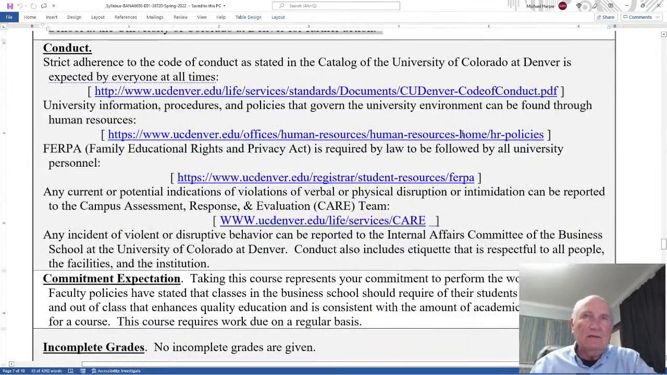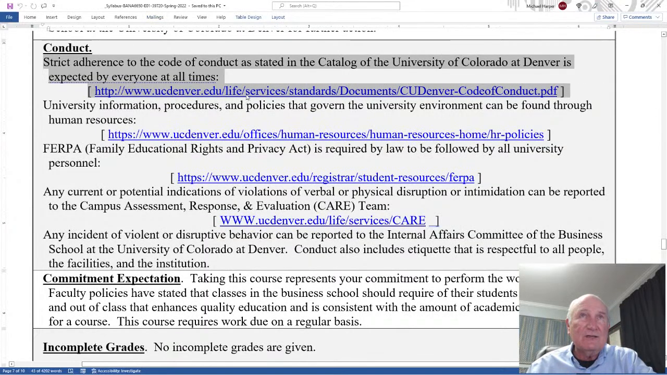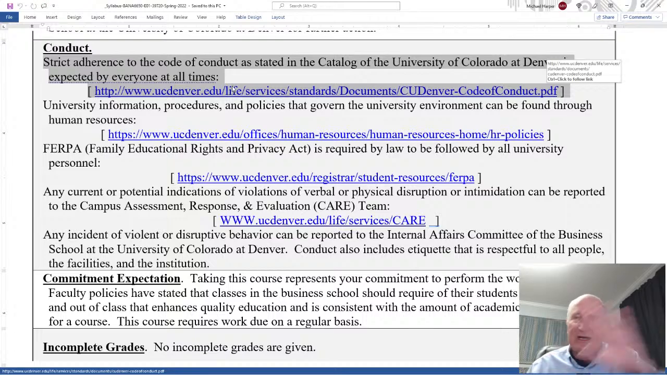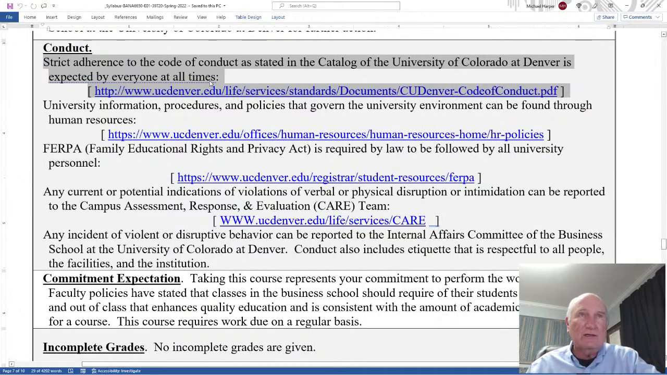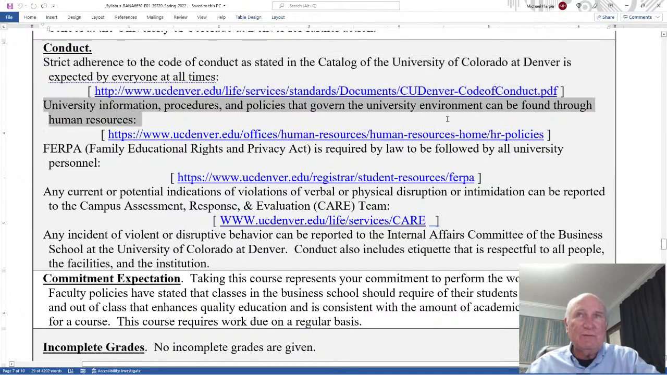Conduct. This is important because it's strict adherence to the code of conduct, and this link is really the code of conduct for students, for faculty, for staff, for guests, for anyone on campus, either in person or even virtually. So this is a code of conduct. Now, university information and policies for HR, this contains a lot of important information, a lot of links through human resources